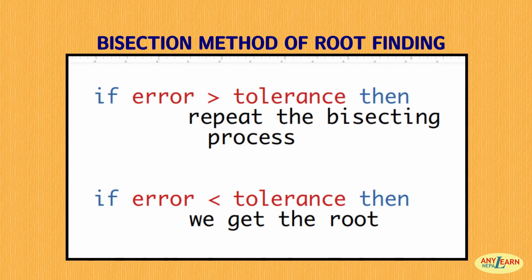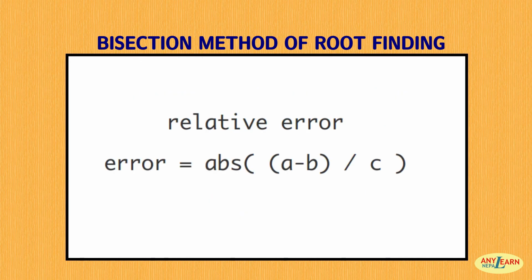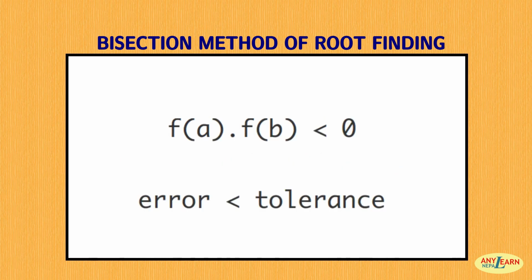If we say the tolerance value is 0.01, that means we can have an error up to 0.01, but not more than that. So if we get an error more than that tolerance value, we keep bisecting the interval, and we calculate our error using relative error: error equals the absolute value of the difference of the two interval points divided by the root. That is how close our interval is relative to the root. So these two points are the most important points while writing the algorithm, so that we can write the program in any language. This is all that we need to discuss before writing programming code for the bisection method.